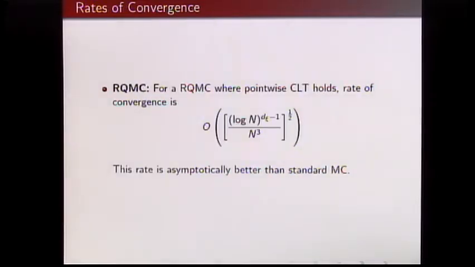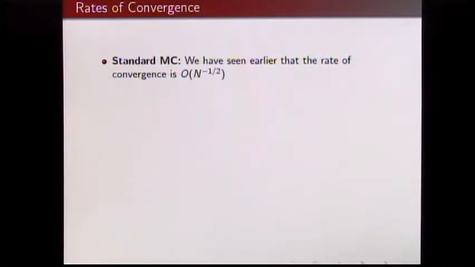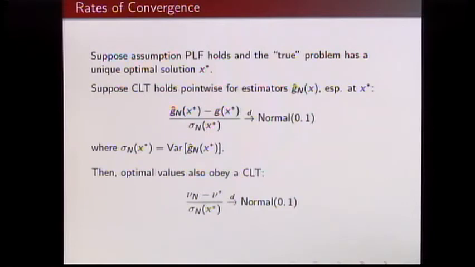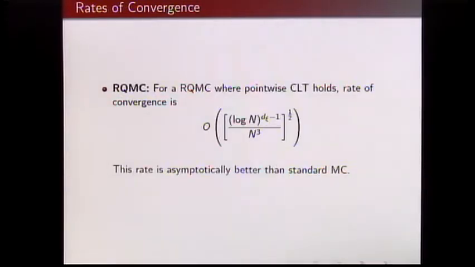All right. So randomized quasi-Monte Carlo is a little different. And so a central limit theorem for randomized quasi-Monte Carlo is hard to come by. So there are some, let's say, some versions that have this. And for that version, you can show some properties of this variance, the variance that shows up here, right? It's no longer like this, the square root of that variance divided by n. So no longer 1 over square root of n, but it's going to be log n to the dimension minus 1, over n cubed, and the square root of that. Okay, again, asymptotically better